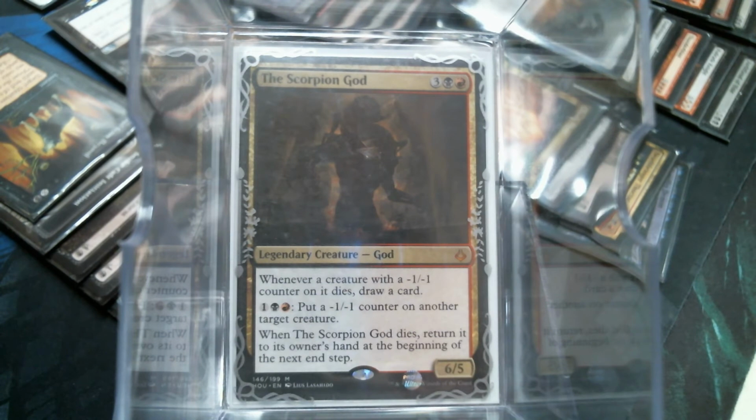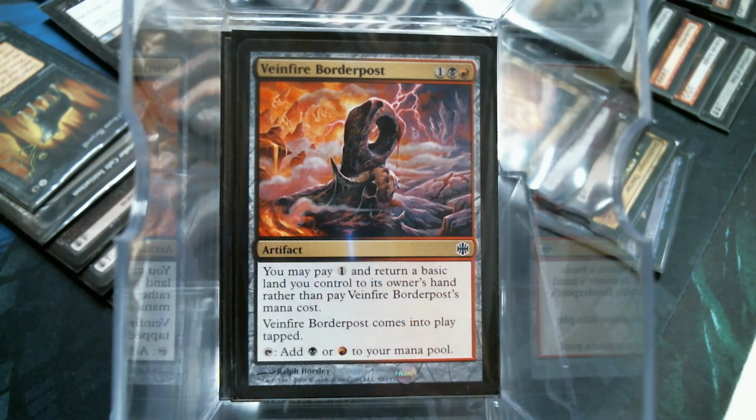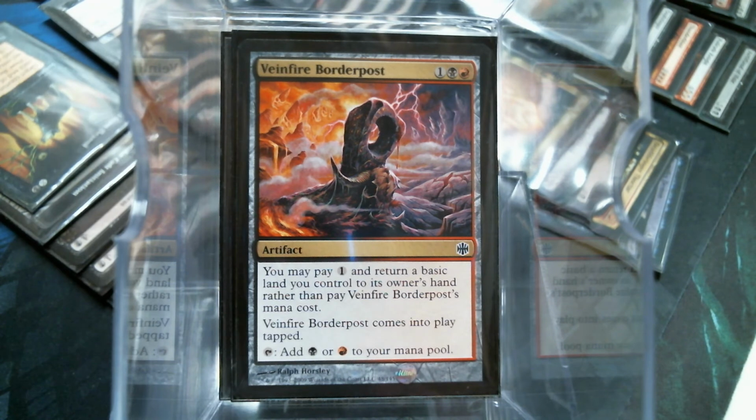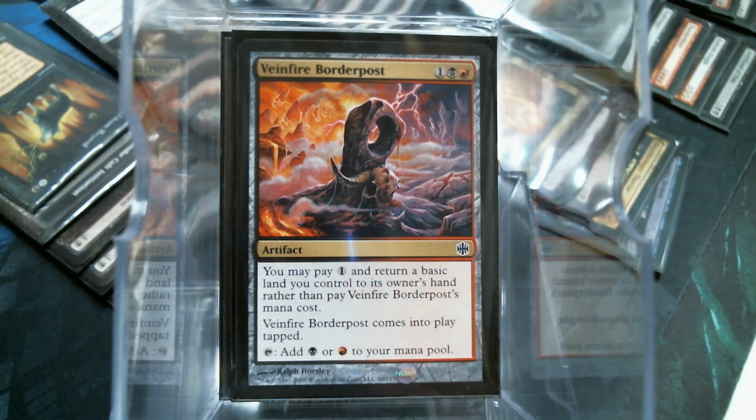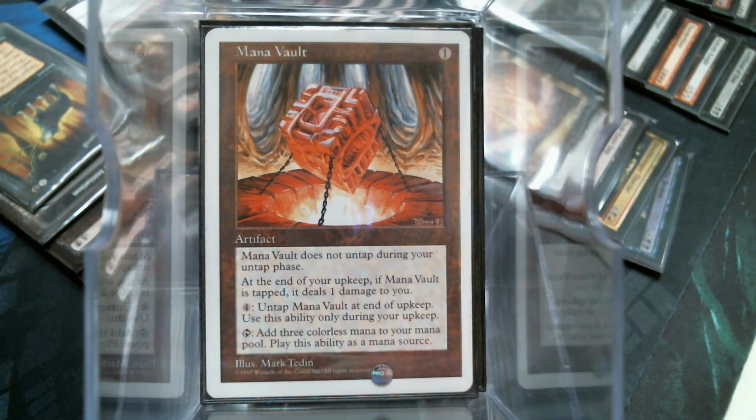But, them's the odds. So, what I did was, first off, I feel like we're going to want this guy pretty quick. So, let's do some ramp. Of course, Key Rune, Cluestone, Signet, and Border Post I use quite a bit simply because they are the Rakdos mana fixers. I've also got the Manalith, a Mind Stone. Thank you for making this common now. And a Mana Vault, because Living the Dream is turn 1 Mana Vault, turn 2 Scorpion King, or God,